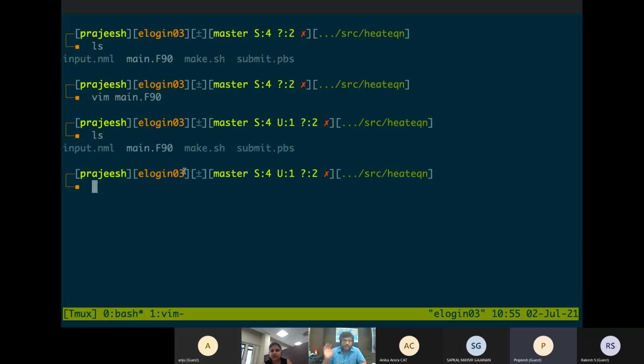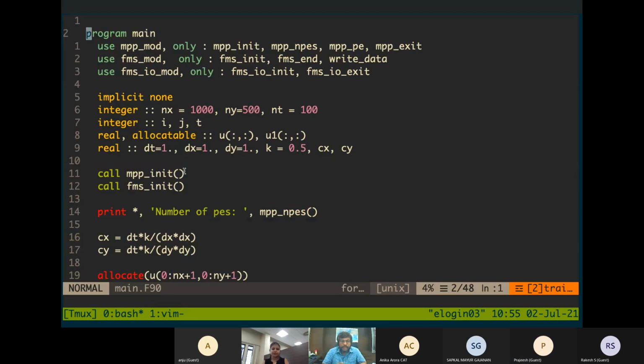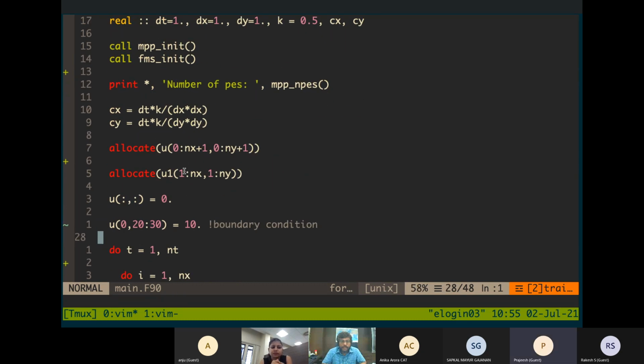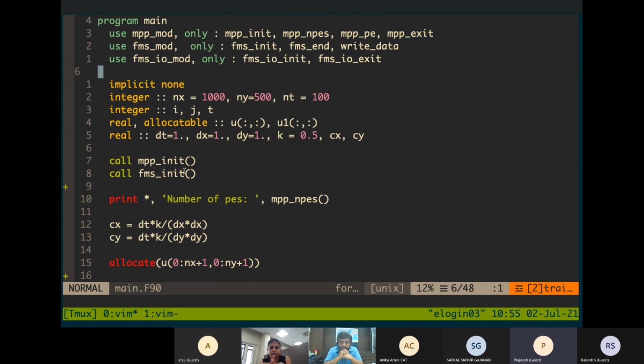Prajesh, I have a doubt in the code. Yeah. The question is, how is the boundary specified in this code? Yeah, this is the boundary condition for the u variable. I'm just putting it here. So there is a boundary around. The actual domain is 1 to 1000 and 1 to 500.